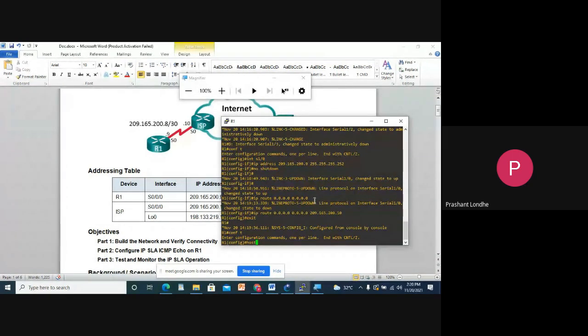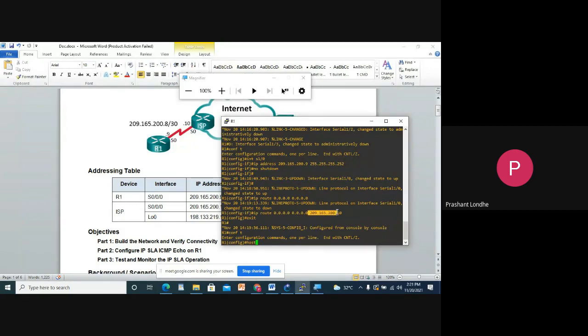Yes, in the first part, whatever the link that I have done with the no shutdown, the process was not completed, so just I shifted to the second line. So this line doesn't have any kind of meaning. This line I'm writing this because I want to connect with ISP with the default path. So the default IP address is 0.0.0.0 and the 0.0.0.0. So source destination will be 0 and I need to connect it to ISP.